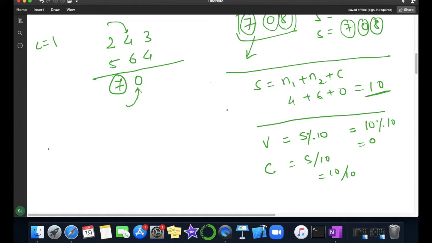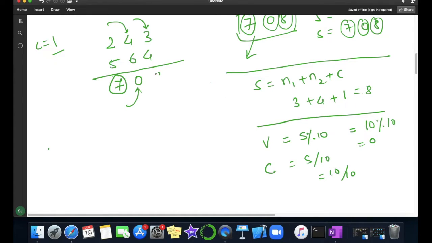Okay, now let us move forward. Here we are getting 3 and 4. Let us apply the formula here. We have n1 as 3 and n2 as 4, and carry is 1. If I add these, I will get 8.